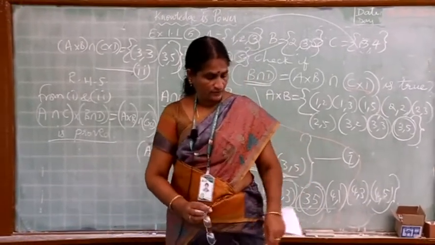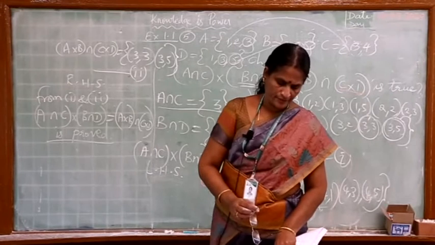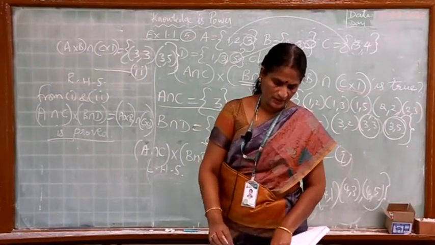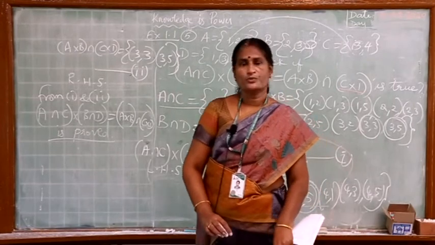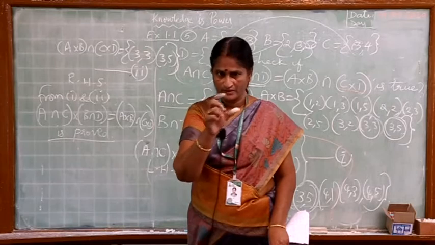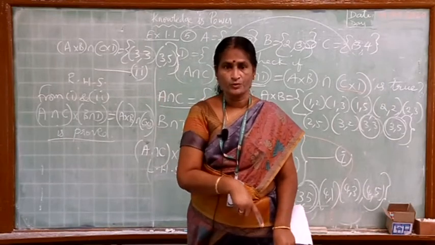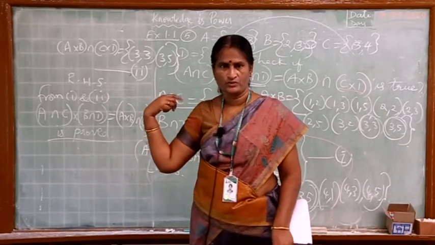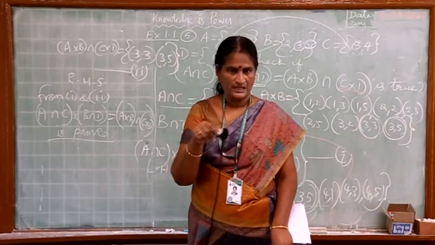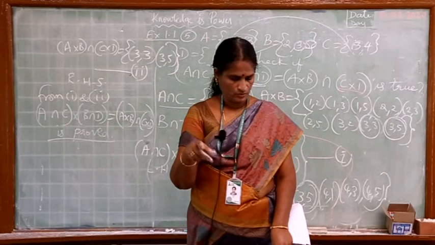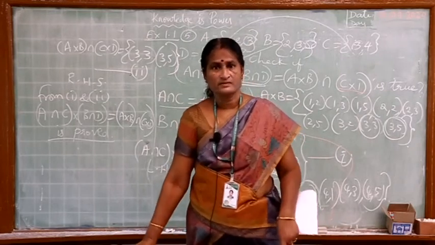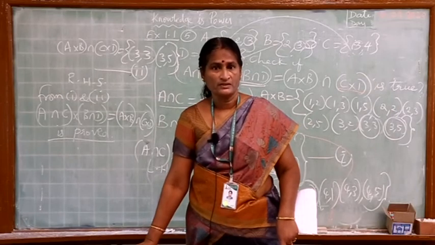So the first sum is A intersection B cross C equal to A intersection C intersection B cross C. So you have to prove this. Okay, first you write the sets, then the numbers you can write, and then you can prove it like this. You know A intersection B, A union B, everything you know. Then cross also you know. With that you can verify everything. Okay, you can finish this exercise number 1.1 yourself.